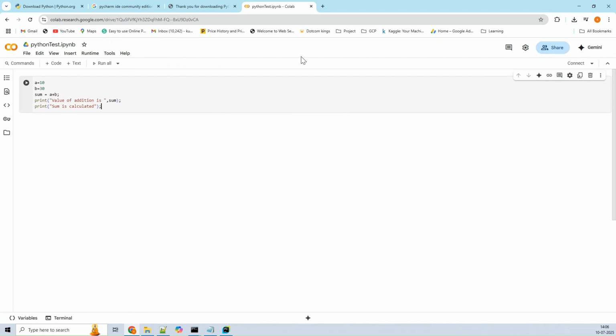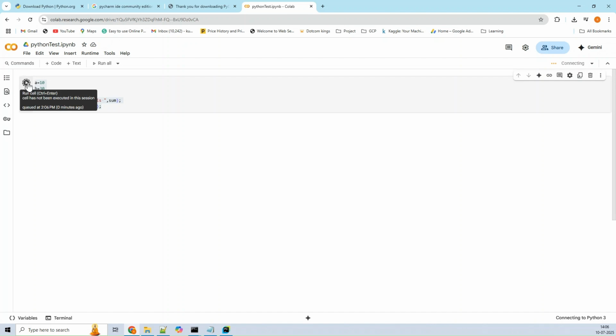My Gmail was already logged in, so it has not asked me for the login. The first time, you need to log in with your Gmail ID. Once you type the program, you just need to click on this play button, and it starts executing.